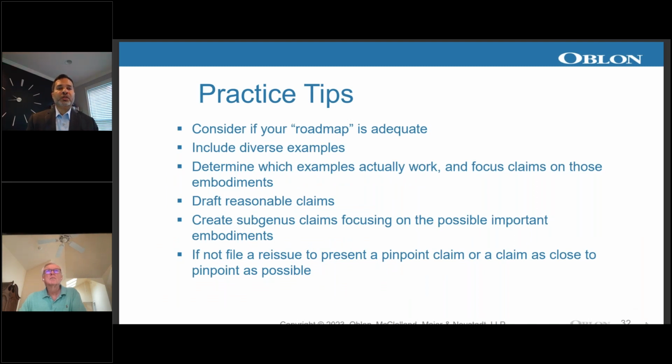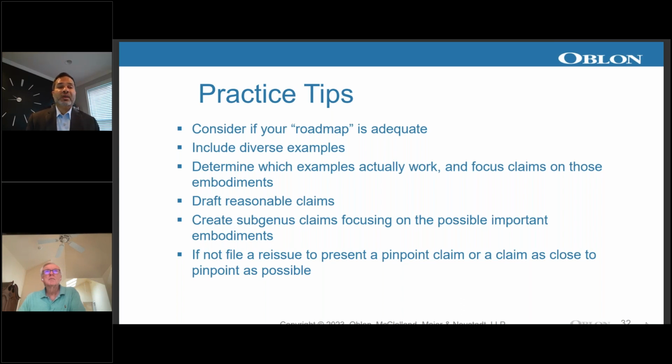So we took a look at some examples in the AI arts, in chatbot arts, and we even saw some old smartphone application situations where you want broad claims and you're kind of faced with this Amgen decision, you're kind of faced with that possibility that you're going to see more scrutiny down the road based on what we saw with Alice. So what do you do as a patent practitioner? You want to look at your roadmap, definitely. They talked about that in the Amgen case. Is there a good roadmap for them to get that kind of coverage that they're trying to get?